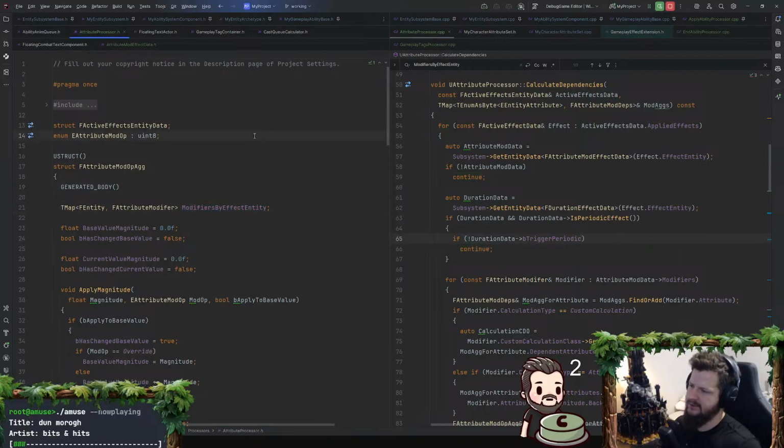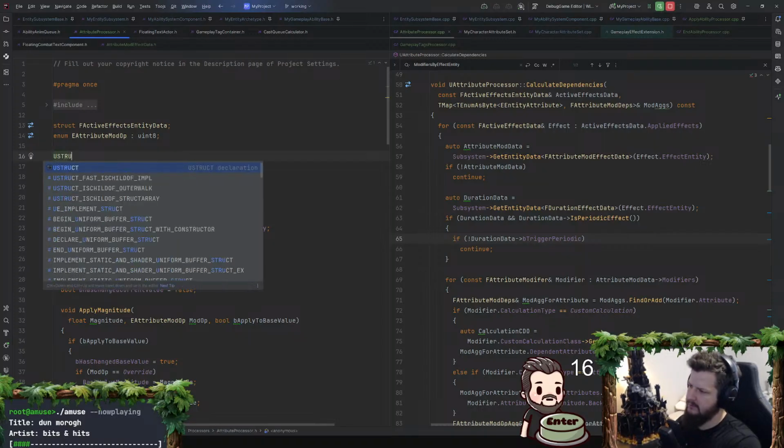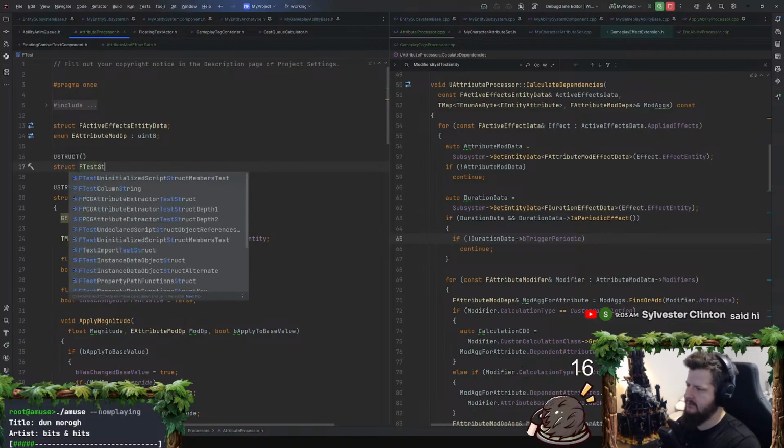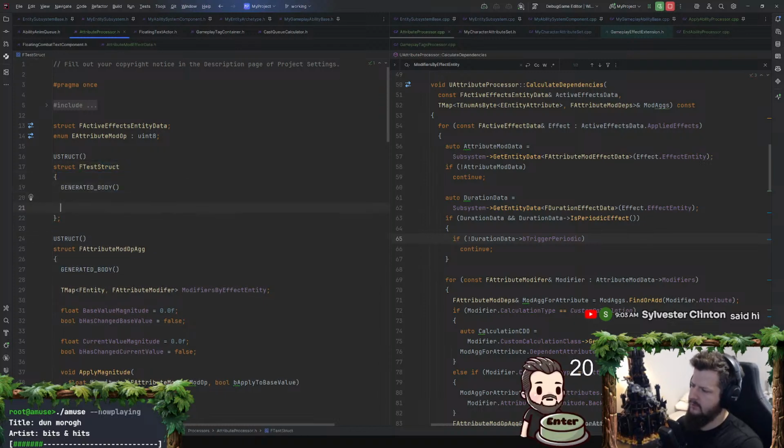Okay, let me sketch out a T map. Maybe let me make a new struct here, the F test struct. I think what I would need is, just call this map for now. I think I would need, I guess in my head, this is,